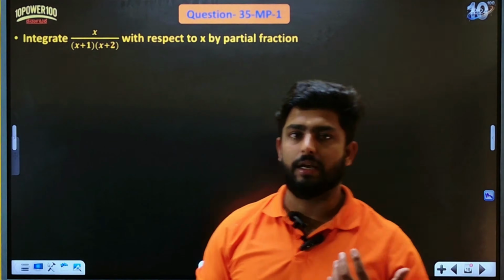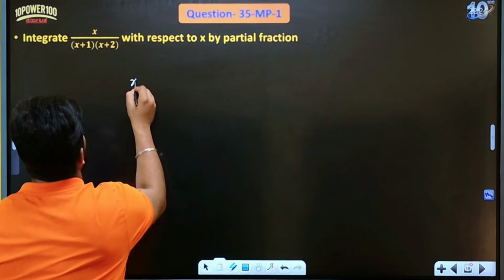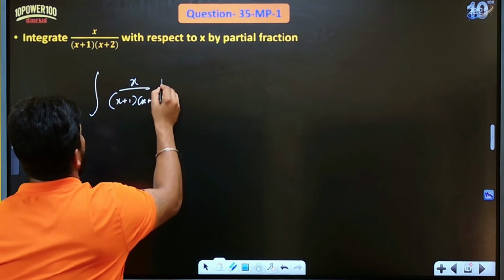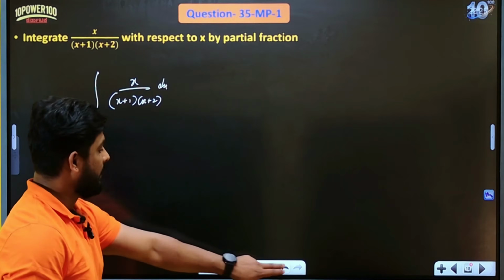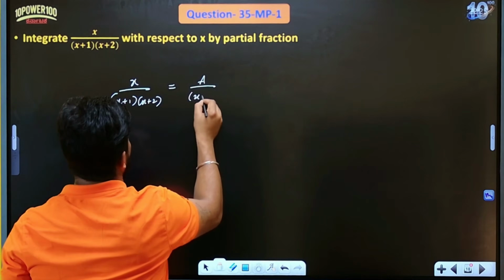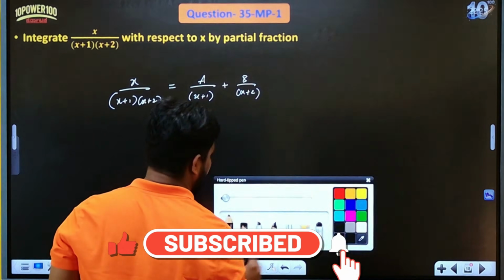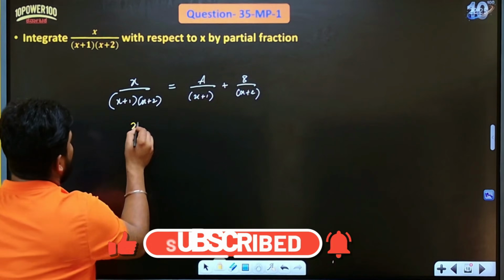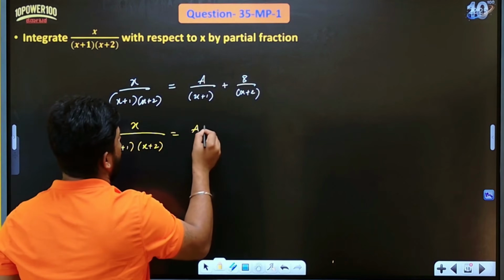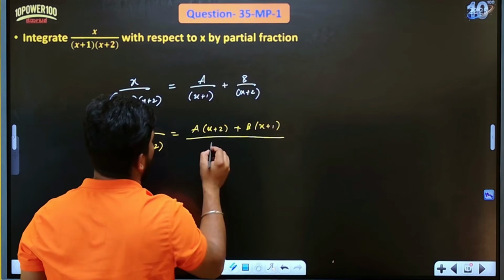This is from integration, correct? So this is partial fraction, a very simple one. Let's take this x divided by x plus 1 into x plus 2. Okay, we are going to find the integration of this, but I'm not going to take integration out of this, children. Only this one I'll take. So we are solving by using partial fraction. I'll take like this: a of x plus 2 plus b of x plus 1. So solving this is a major step here. So x divided by x plus 1, x plus 2 is equal to a of x plus 2 plus b of x plus 1 divided by